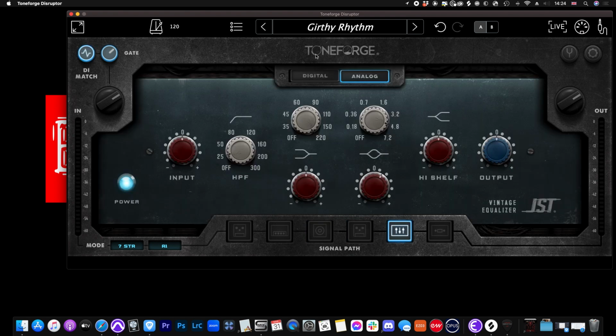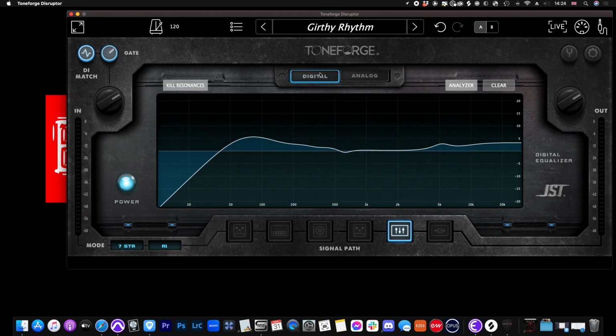You've got an EQ section, both a digital EQ and an analog EQ. The digital EQ has up to 24 bands, and you can actually make those dynamic. You can change them to high pass, shelves, low pass, etc. You've also got a resonance killing feature, which is a dynamic EQ on specific parts which may resonate in an